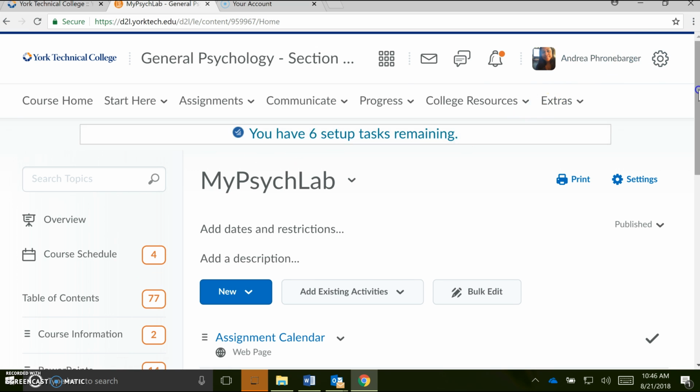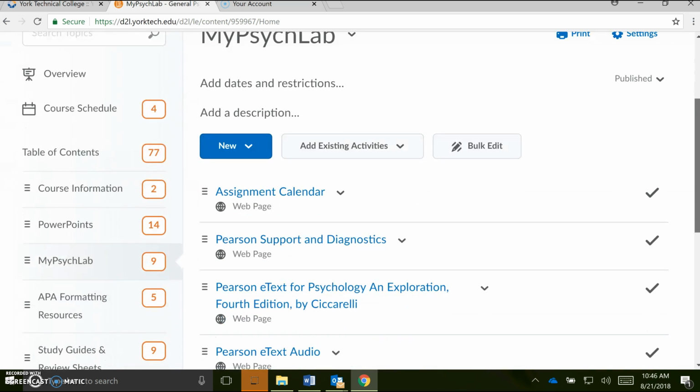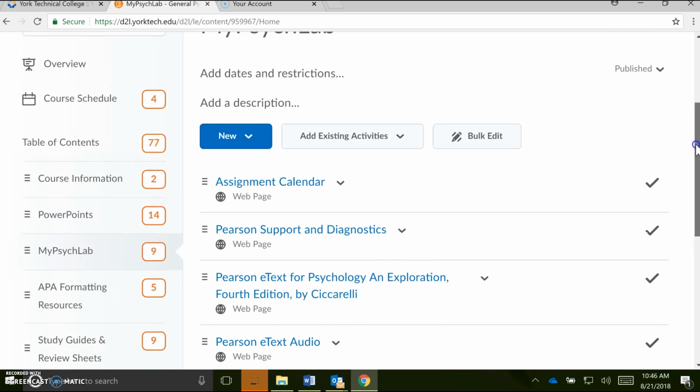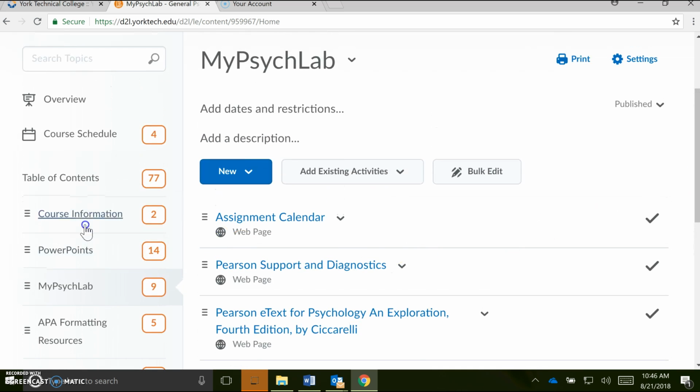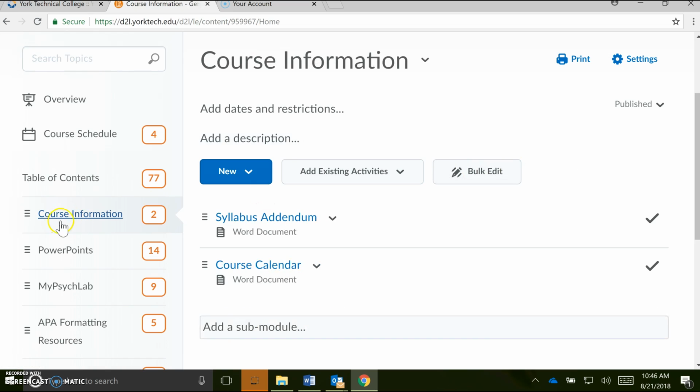And you'll see that our table of contents is organized just like a table of contents in a textbook. And I tried to put the most important information at the top. So course information is super important. So we start with that. And here is that syllabus addendum. So if we click on it,